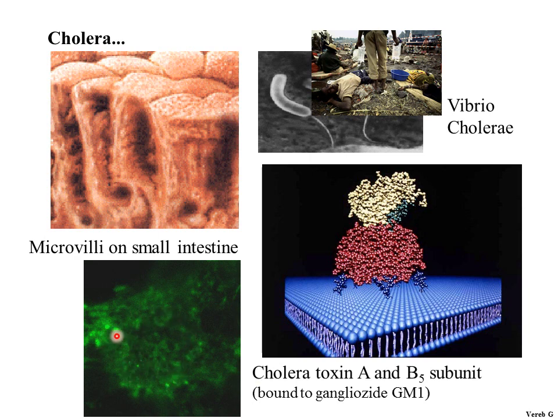These green spots are the GM1 ganglioside clusters, and once the toxin of the bacterium binds to them, the whole toxin will get internalized, and then inside the cell the toxin A subunit is released and does its nasty work. And the result of this nasty work is that people have very severe diarrhea, losing their body fluids through their intestine,